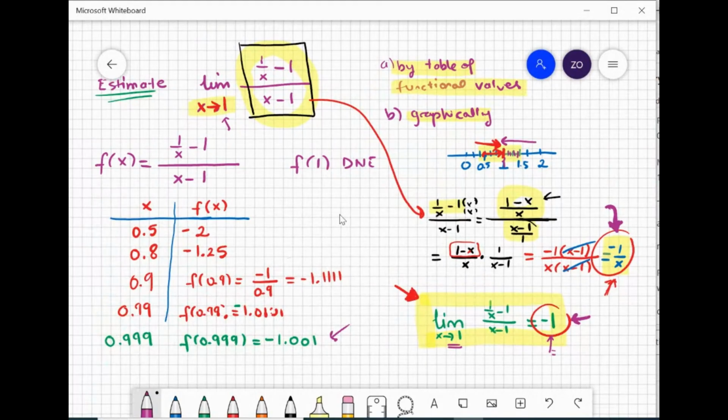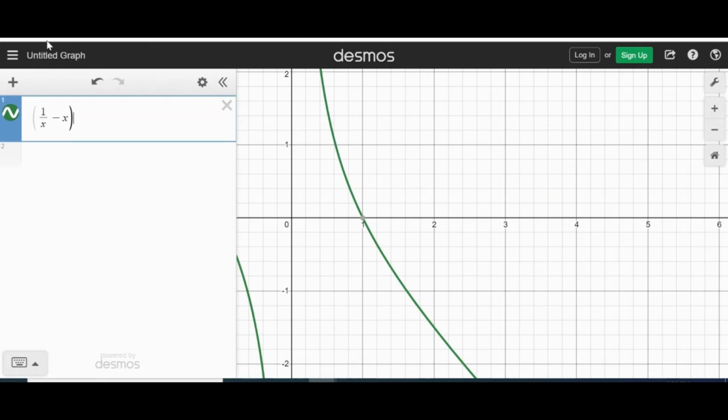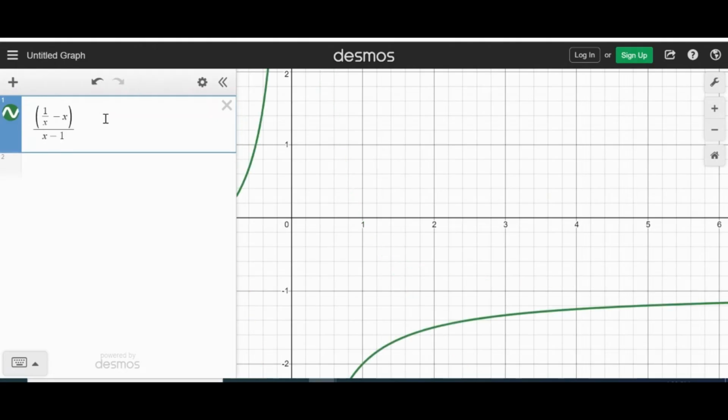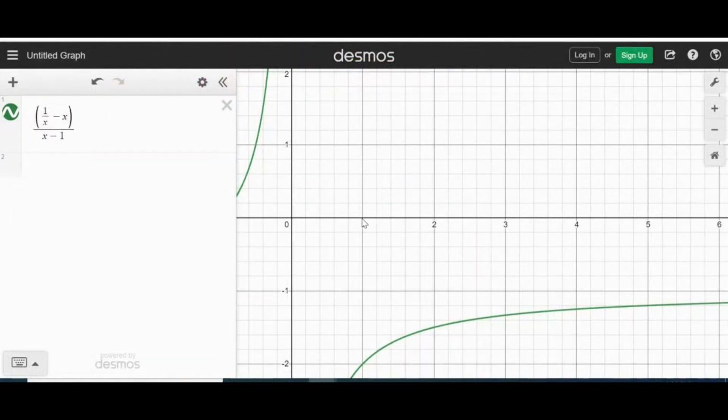But in fact it's a little tricky, so let me show you the graphing calculator. So 1 over x minus 1, this was in our numerator, right? And what did we have in the denominator? So this was the original expression of the function that we were finding the limit of at 1. Let me show you. So this is the expression. When you type it in a graphing calculator,